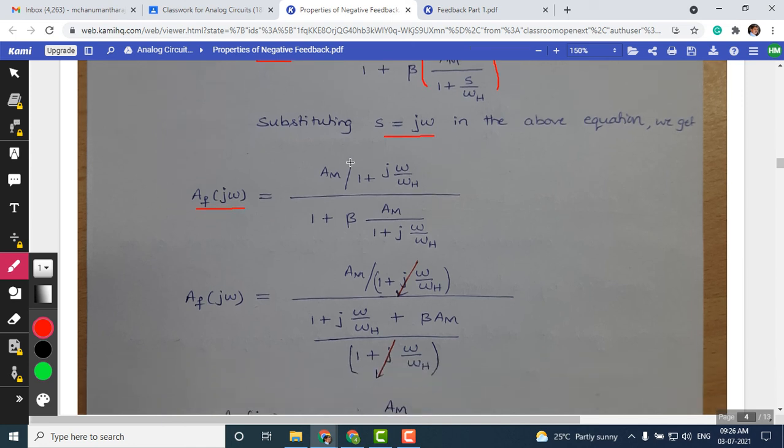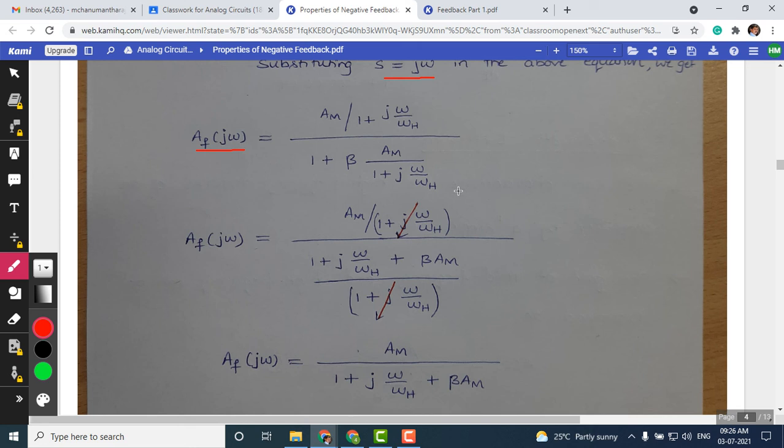So this is the equation which is resulting. Now we can take the LCM in the denominator and simplify this. We keep the numerator as it is. We don't want to make any change in the numerator, but in the denominator you can see when we take the LCM